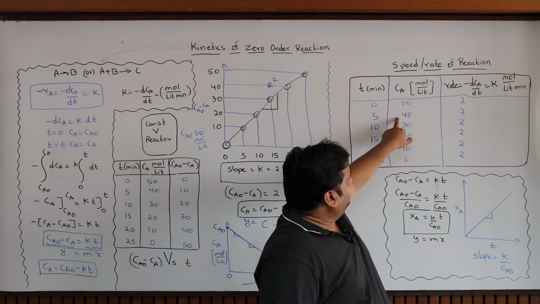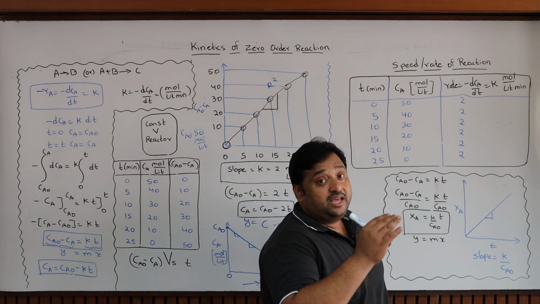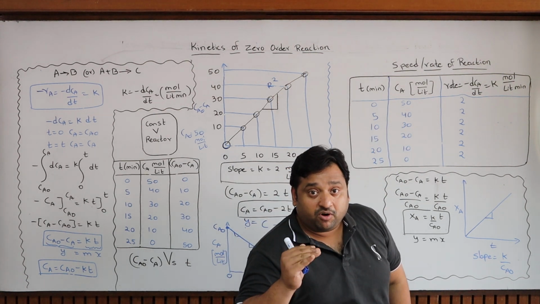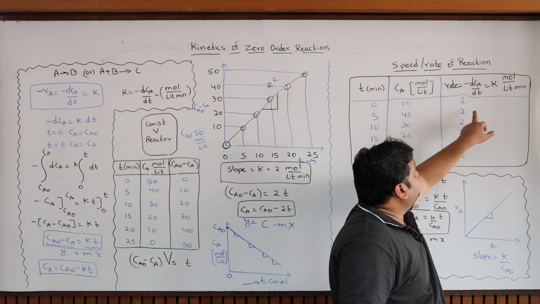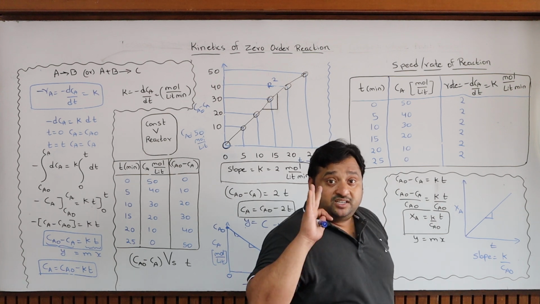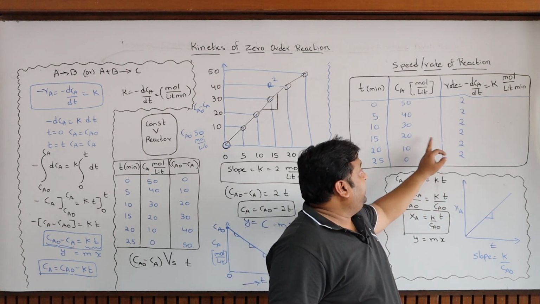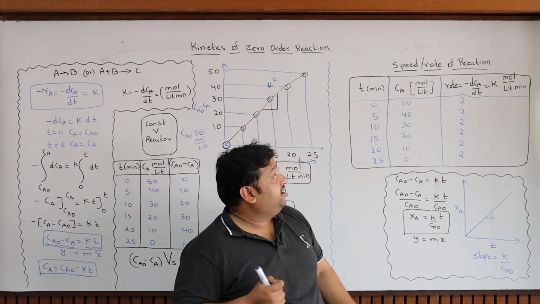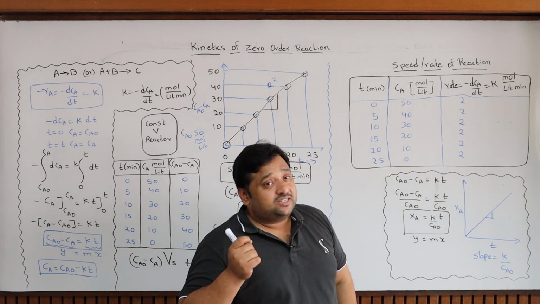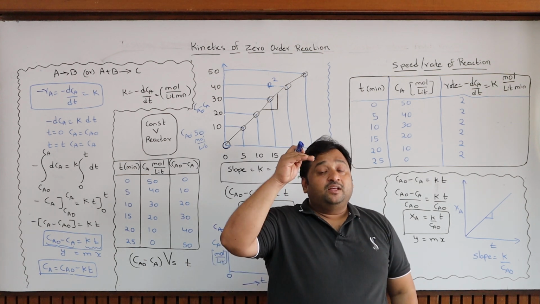At 40 mole per liter, that means when the A concentration is 40, what is the speed? Nothing but dCA by dt is equal to K, which is nothing but 2. When the concentration is 30, the speed is 2. 20, the speed is 2. 10, the speed is 2. That means, what is the speed? What does this 2 mean? It means the speed is,